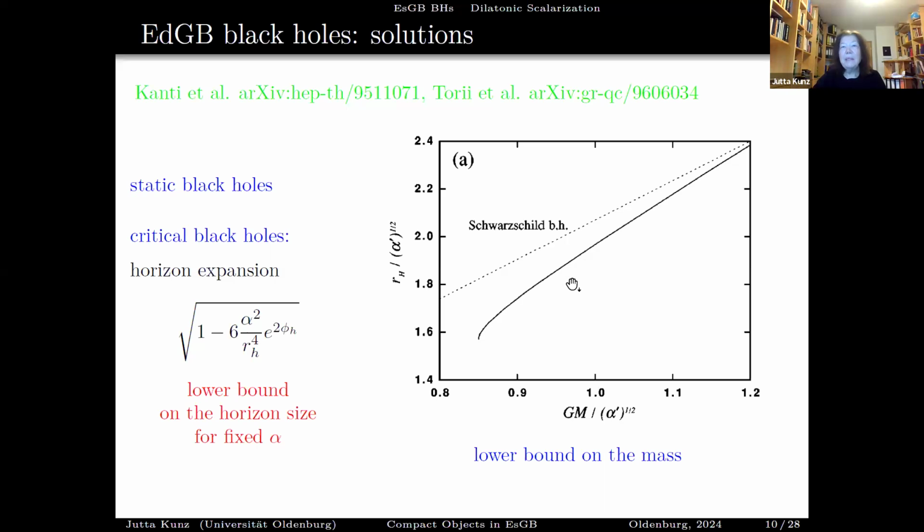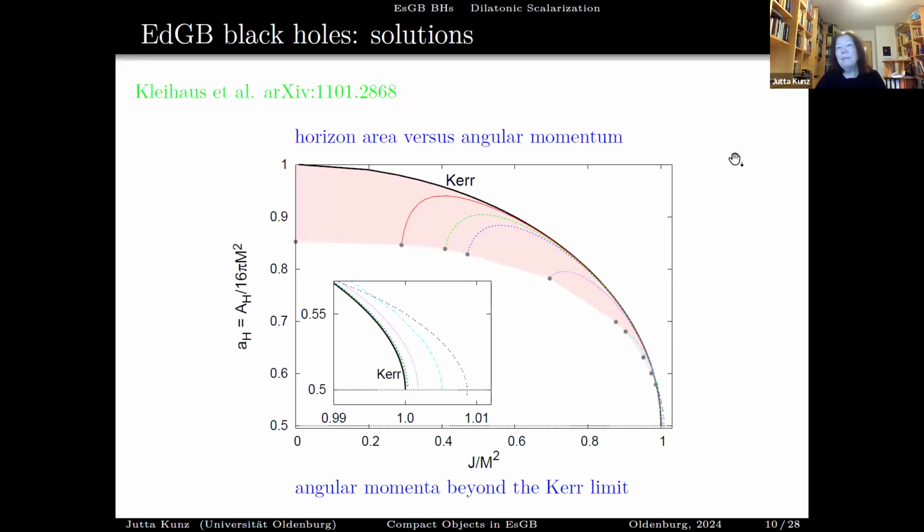Yeah, coming back, we see as we go to large masses, we approach the Schwarzschild black holes. And when we add rotation, then we have here plotted the area of the horizon scaled versus the angular momentum scaled. And then we see right here, these are the static black holes. And we see for very large masses, we just approach this limit, the GR limit, for a given coupling constant. And then this is the set of Kerr solutions, which is the boundary.